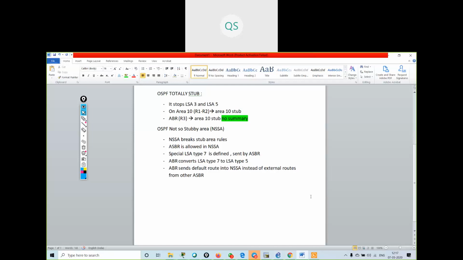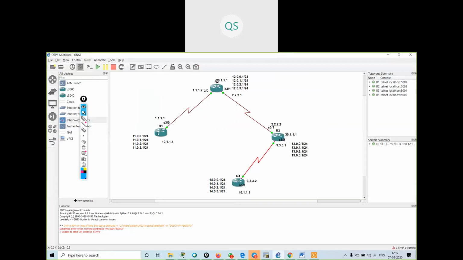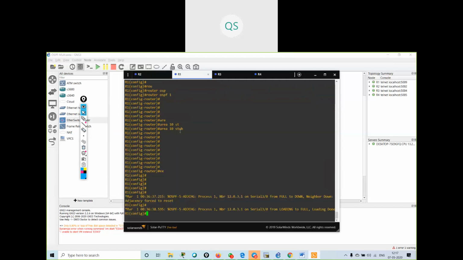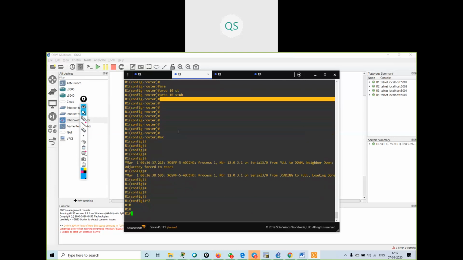What we will do, we will go in GNS3. Now I will make this RIP. I will remove it from OSPF and make it RIP. So I will go on R1 and say show run.